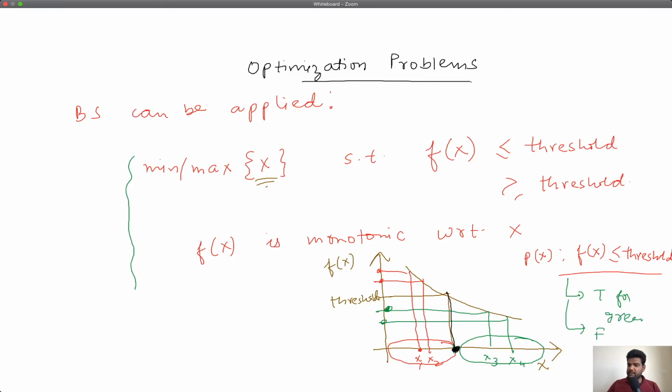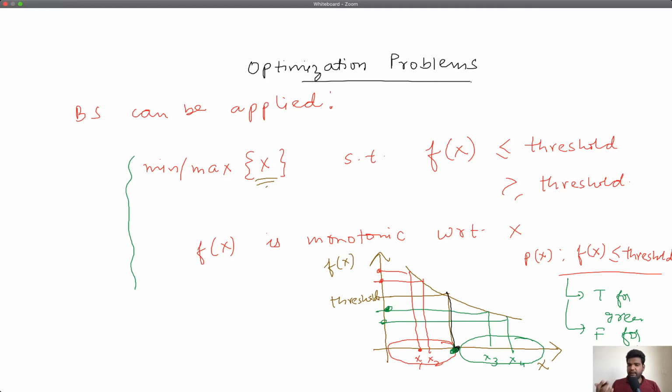And that basically gives you a nice predicate that you can use to search for the boundary. The boundary is always the smallest value of X such that F(X) is less than or equal to the threshold.